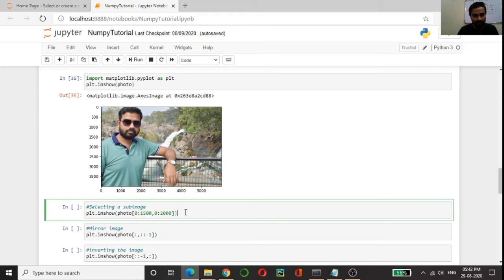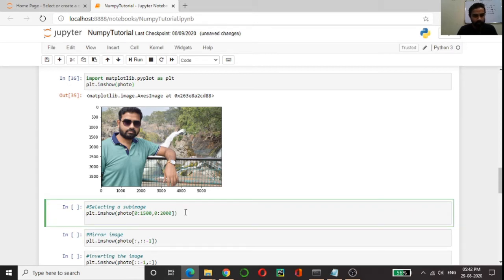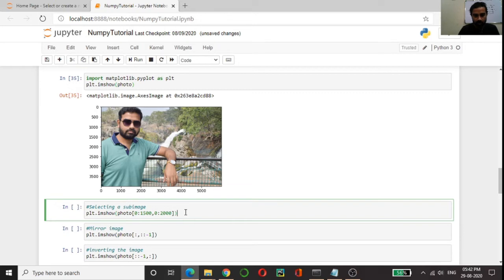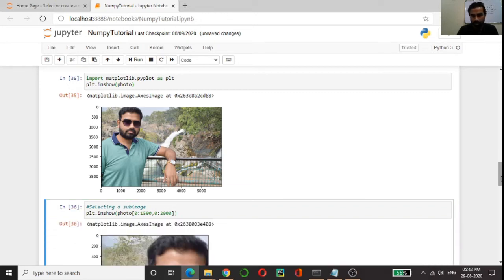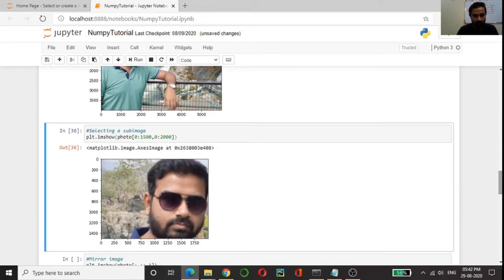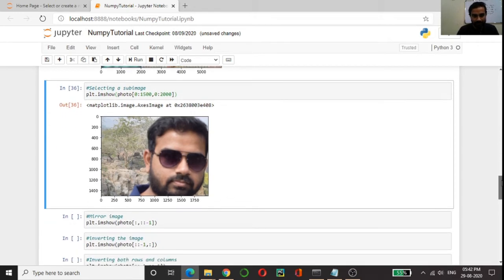If I run this, you can see that whatever indexes I am passing, those pixels are getting printed from 0 to 1500 and from 0 to 2000. So this is the way in which we can slice.